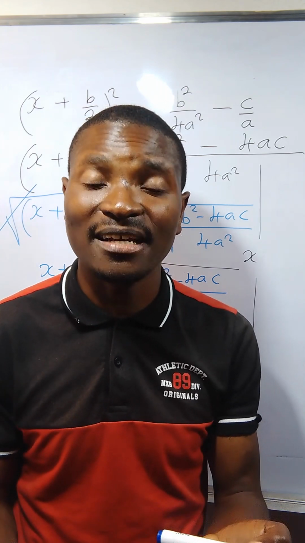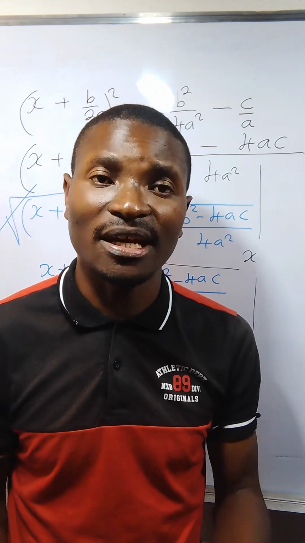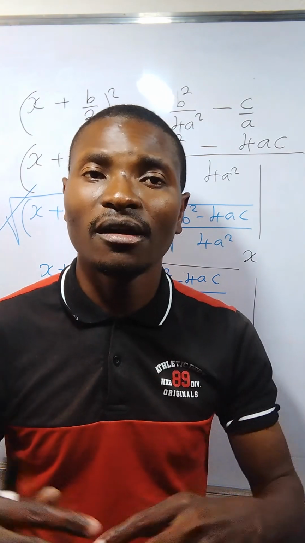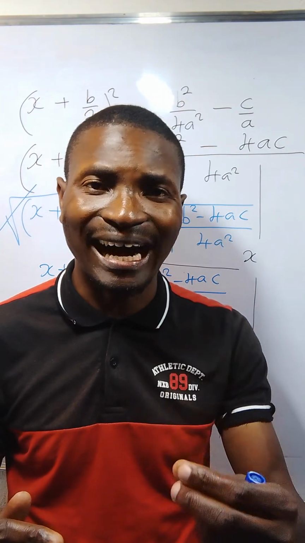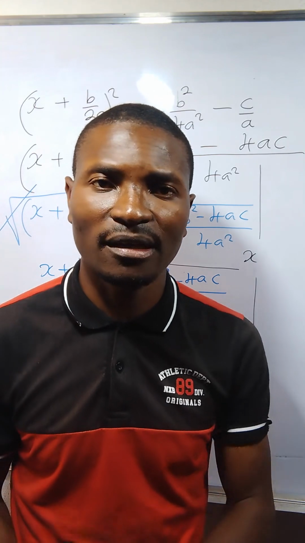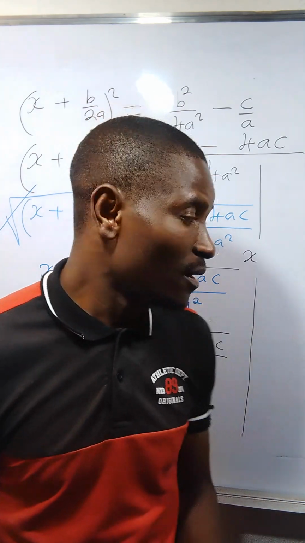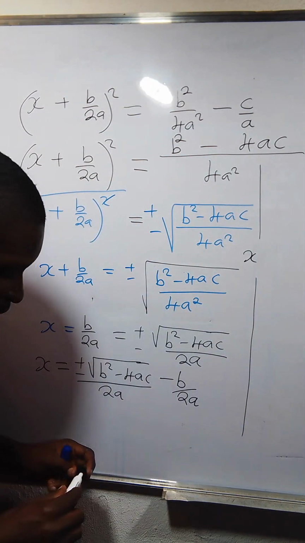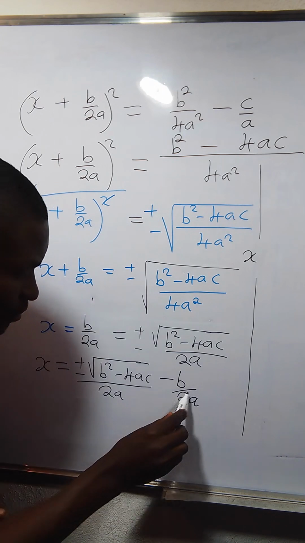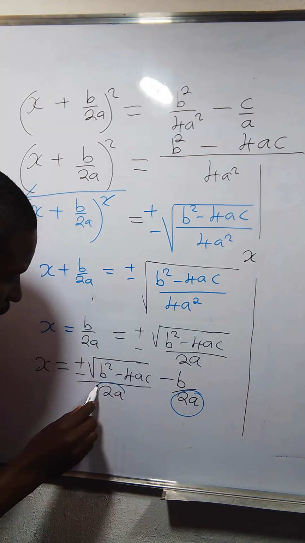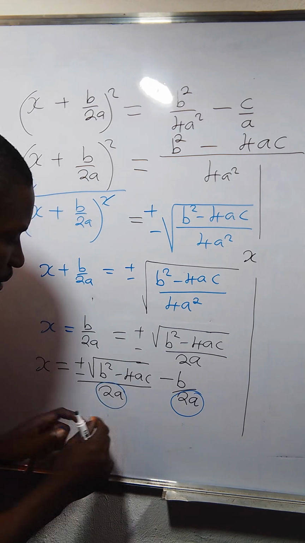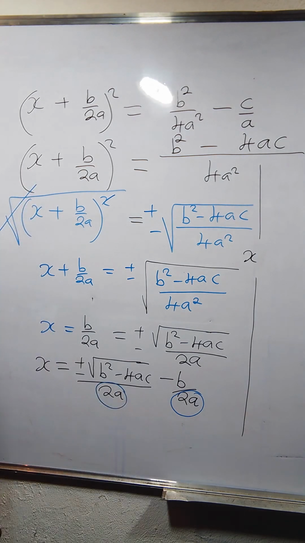Since the denominators are the same at the bottom, we just pick, whether you're subtracting or adding, what is on top. The fact that this 2a and 2a are the same,